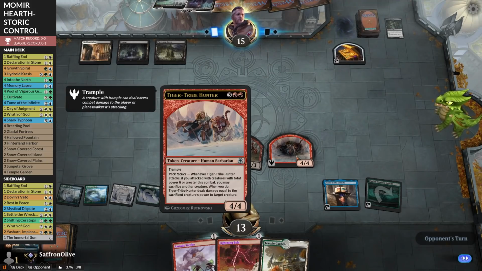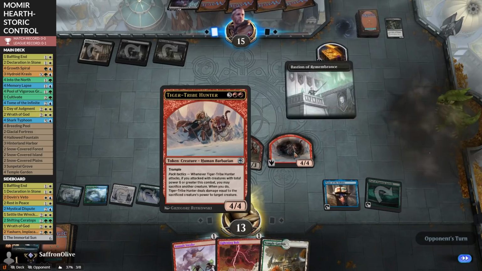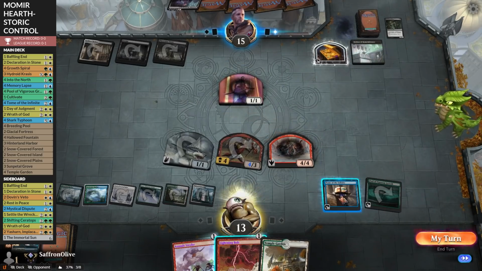What does this do? Tiger Tribe Hunter. When you attack with 6 or more total power creatures, you can sacrifice. Oh, you can like fling something. I see. All right, sure. Well, let's